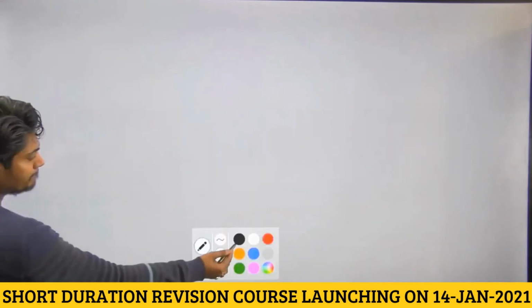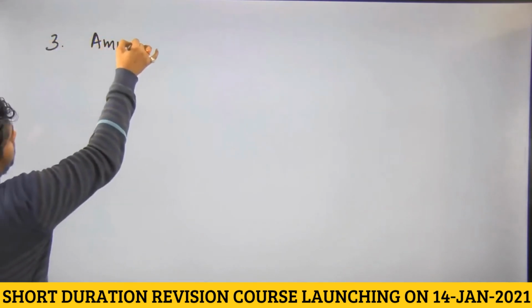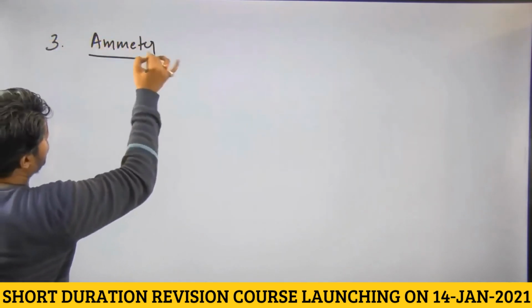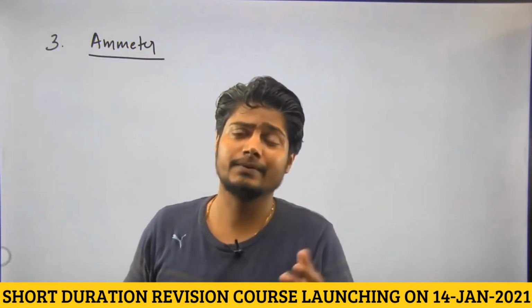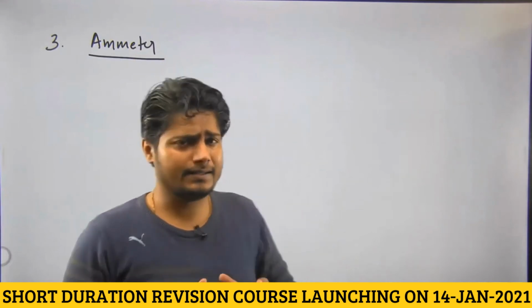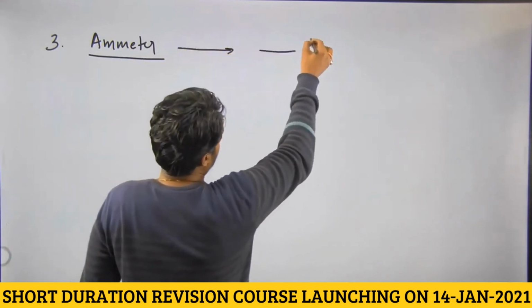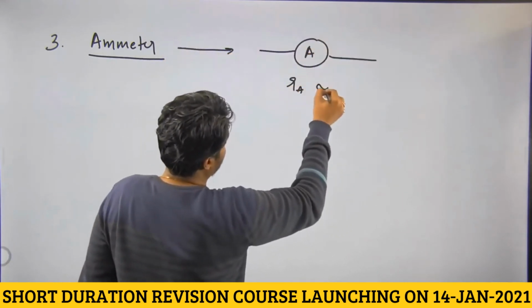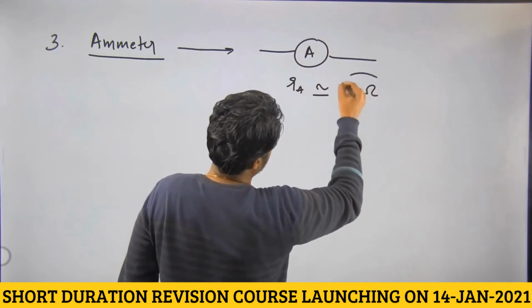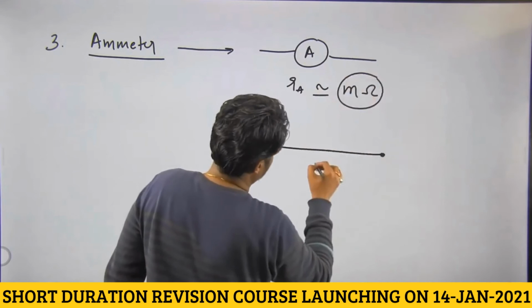Now, ammeters and voltmeters. In this chapter, of course, we do not study how the ammeter is drawn, or how to increase the sensitivity of an ammeter. That is part of the next chapter when you study galvanometer. In this case, we just would like to understand what an ammeter is. Ammeter is basically a device which has a very small resistance, approximately milliohm. Generally, it is milliohm. So, it can be treated as a conductor,